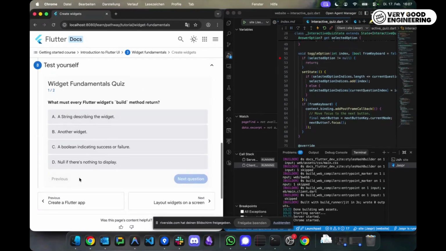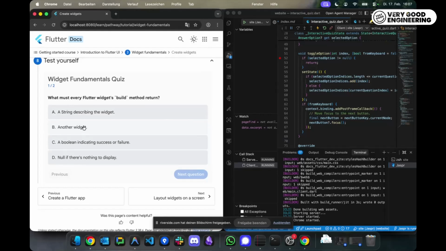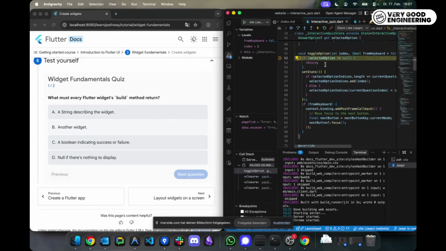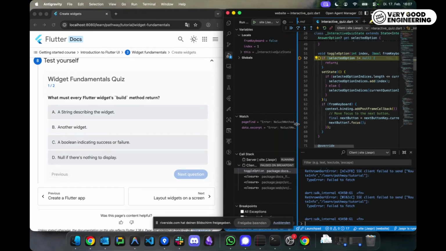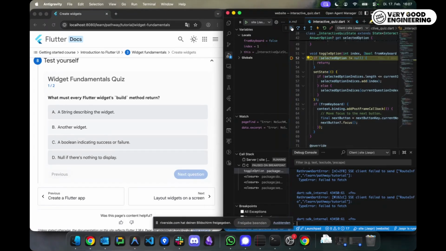Exactly. Yeah. So for example, we have this quiz component, and if I set a breakpoint on the toggle method and click this, now you get hit, and you can see in the debug window the variables inspected, whatever you want.